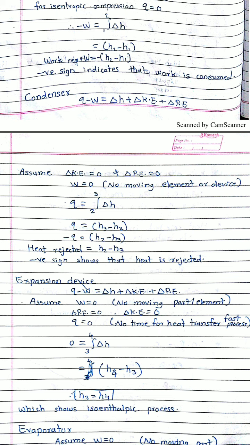So therefore the work done during the process 2 to 3 is 0, but here heat is rejected, so we are applying the steady flow energy equation for the process. Q minus W is equal to delta H plus delta KE plus delta PE. Now work done is 0, so Q minus 0 is equal to delta H plus 0 plus 0. So the equation becomes Q is equal to